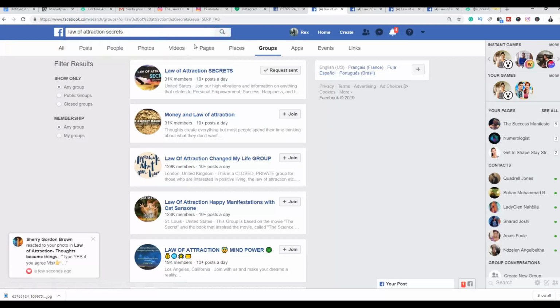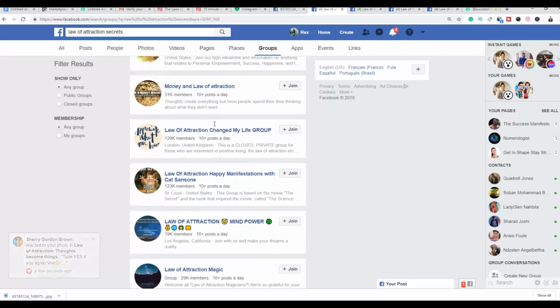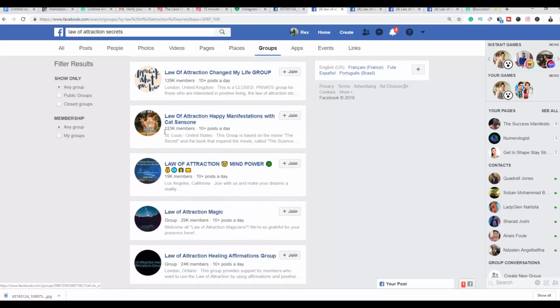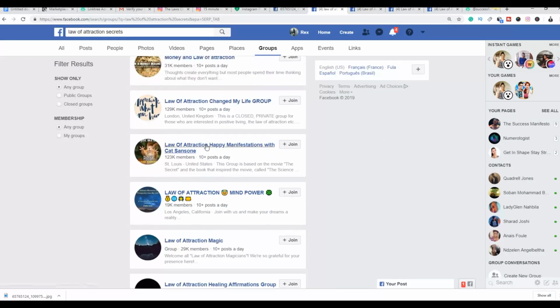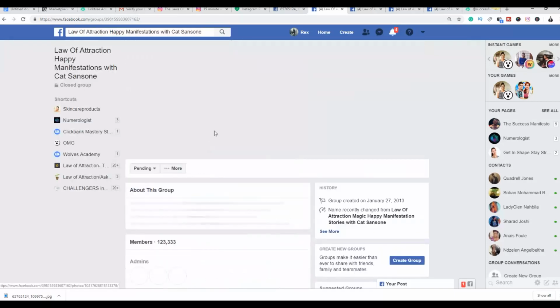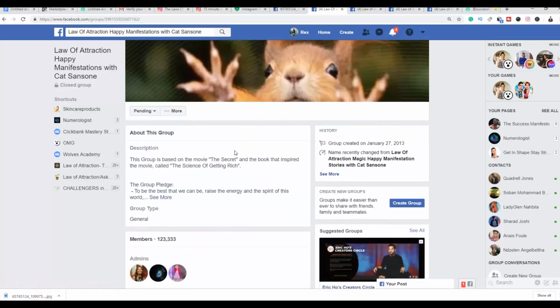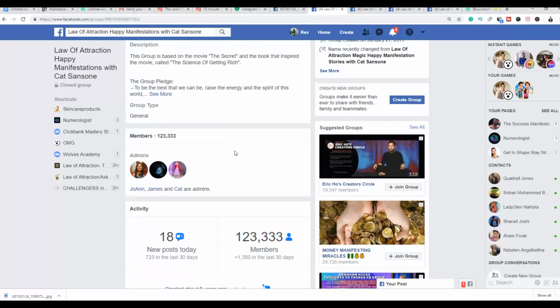The second thing you have to do is, for example, these are different groups. You're going to search for groups that have a lot of members. That's 1,000 members, 123,000 members. So you can get a lot of people that are going to click on your affiliate links with this method. For example, this is one group. You're going to click on join. I've already joined this group. You're going to click on join, and you're going to be able to